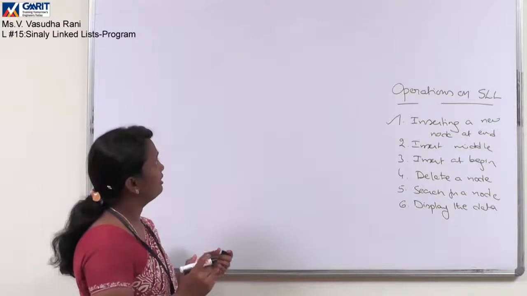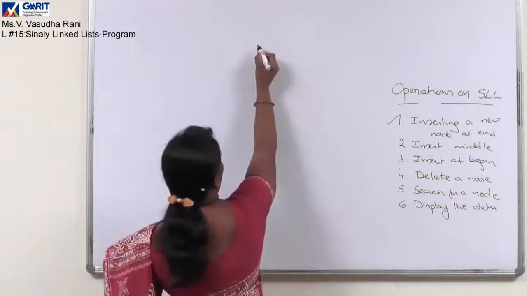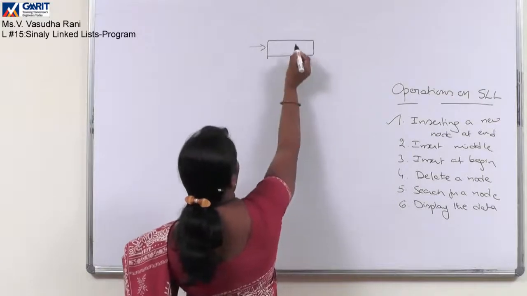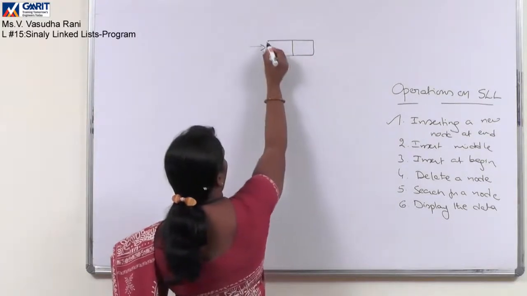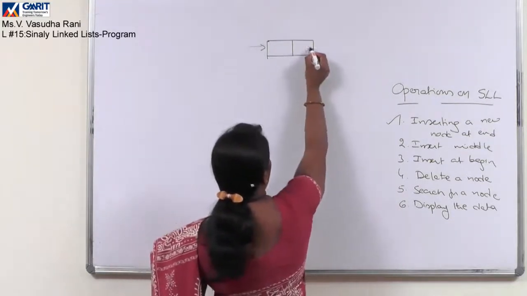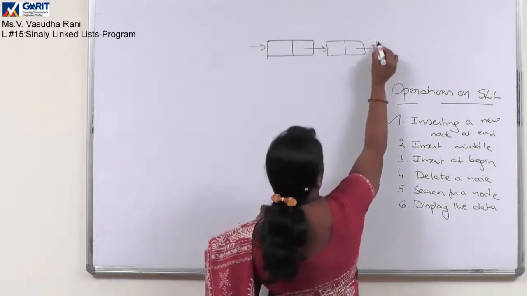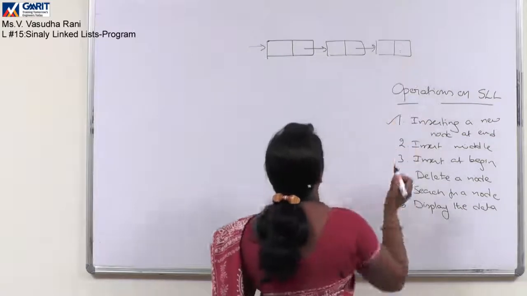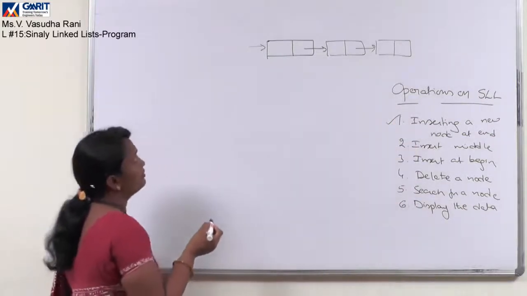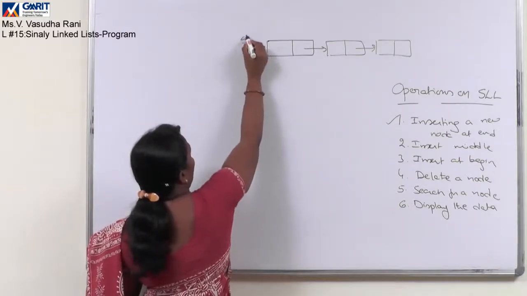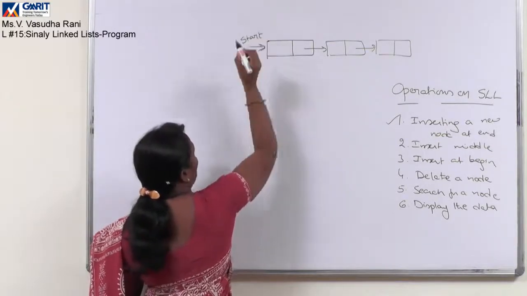Let us start with an example, by considering a singly linked list like this. For this we have to define a start pointer